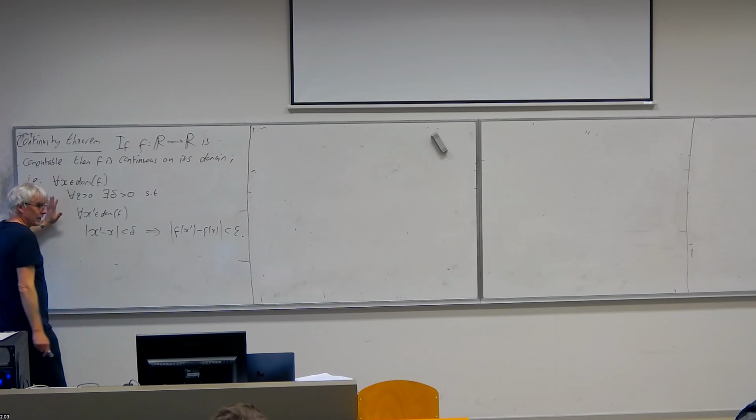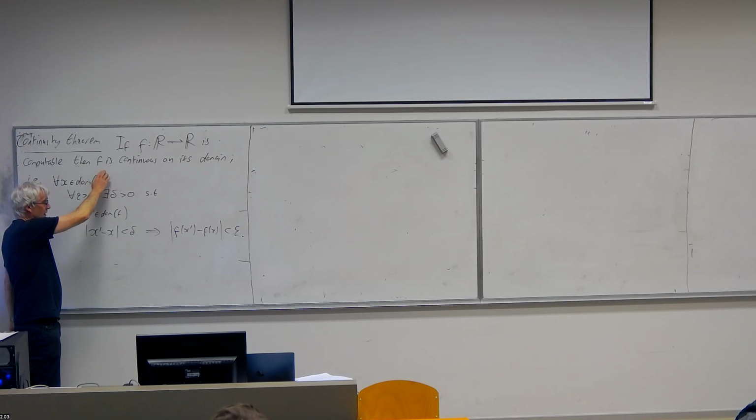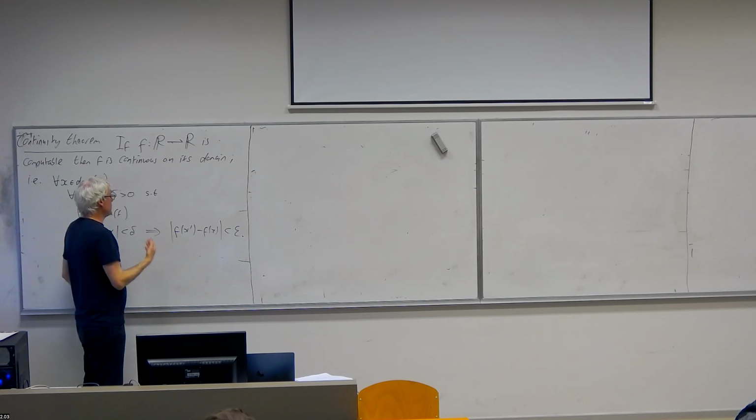So I just want to talk a little bit about how one applies this. So firstly, it's a property: every computable function is continuous. It's not an if and only if. So there do exist continuous functions that are not computable. However, it's very hard to come up with examples of such things because in some sense,